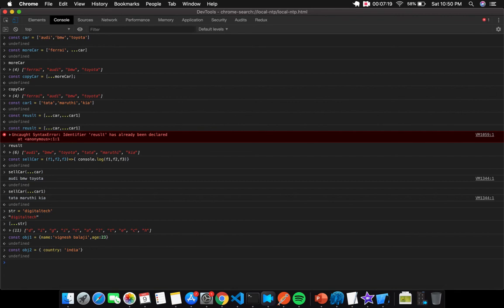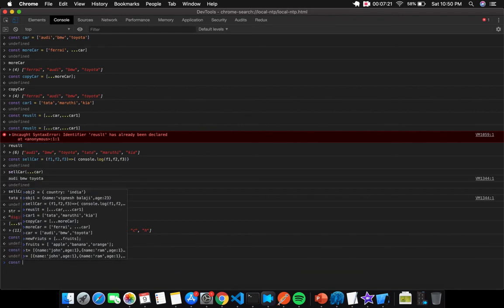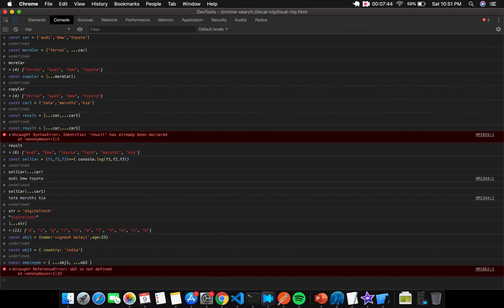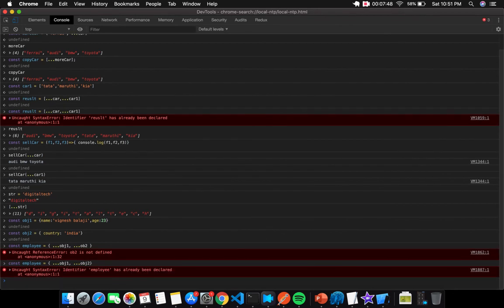How will you do that? I'll assign it to another variable, employee. Just the same thing as how we did it in arrays. There you had an open square bracket; here you have to open a curly bracket and 3 dots, obj1 comma 3 dots obj2.